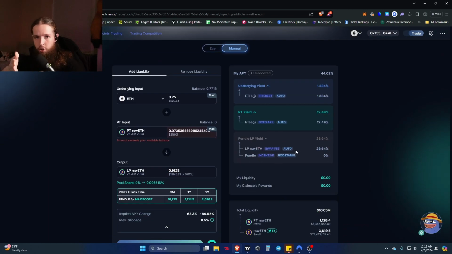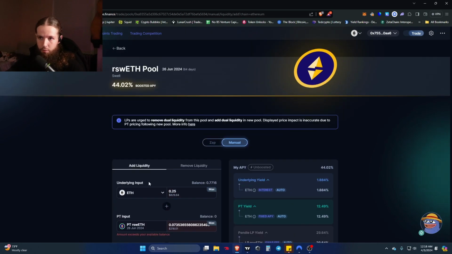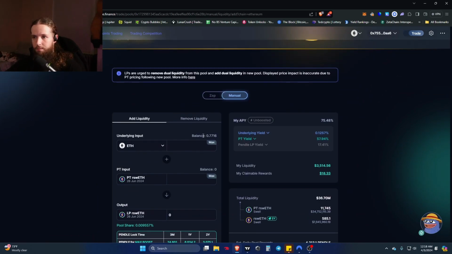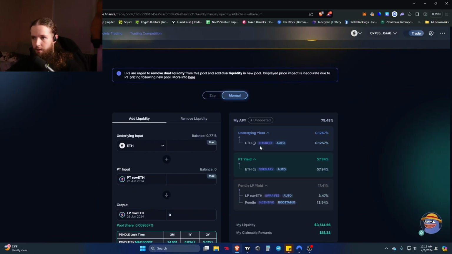When it is matured, it'll be worth the underlying asset. And then you're also earning the LP swap fee yields. And then there is Pendle incentives on these pools as well. This specific pool that I'm on right now is a brand new pool, so there is no Pendle incentive on that one yet. But if we go over to this one, you would see here there is a